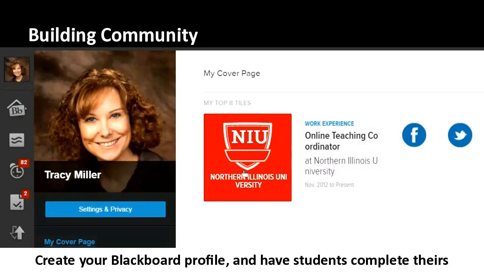The real benefit I like with the Blackboard profiles is that this picture will show up in the discussion board, so you'll be able to see a face with their posts. I let my students add any type of picture that they feel represents themselves. Sometimes they'll add a picture of the dog, other times a favorite summer scene. That's okay. It's still telling you a little bit about themselves, but it's up to you what you suggest they